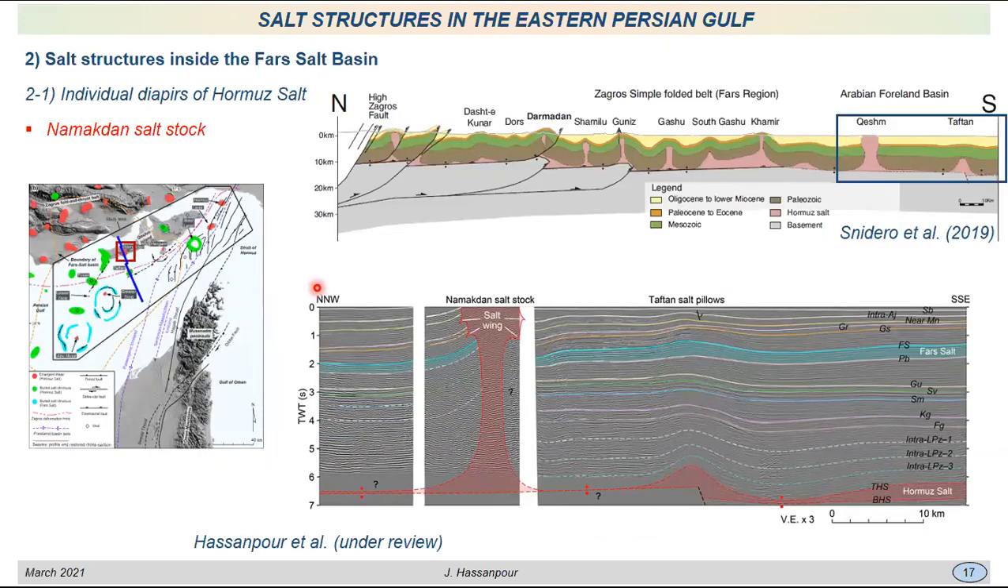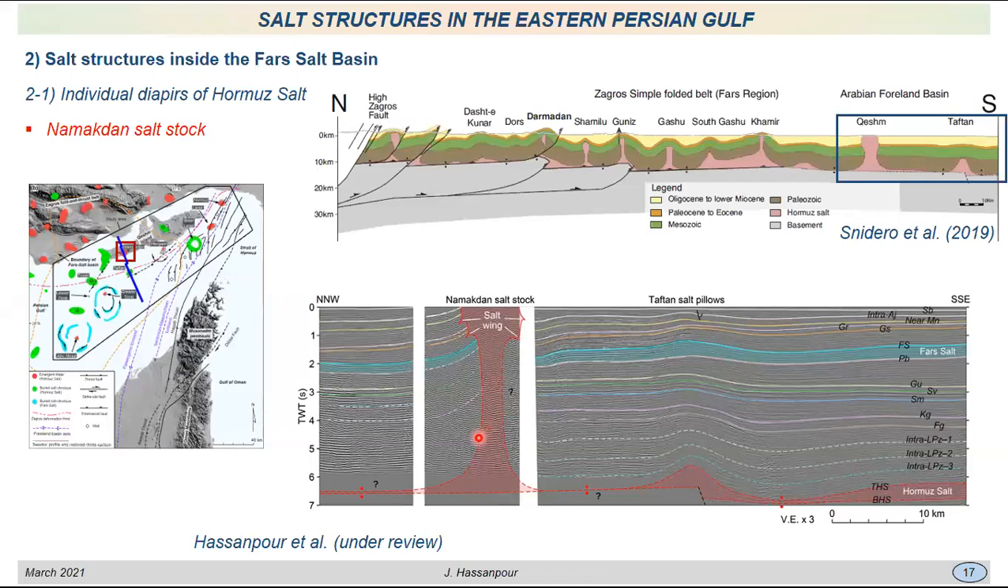The other one that is totally from the Hormuz salt is called Namakdan salt diapir, which is located at the western termination of Qeshm Island. And this seismic line is probably the one that has been used by Marcos Snidero and his colleagues in a paper published in 2019. As you can see, this diapir also has an upward widening